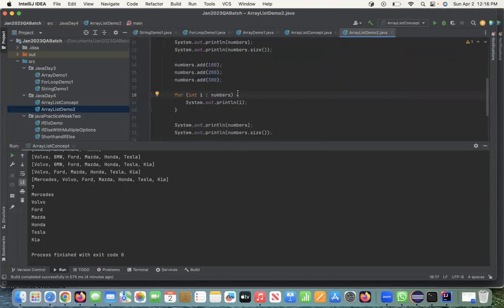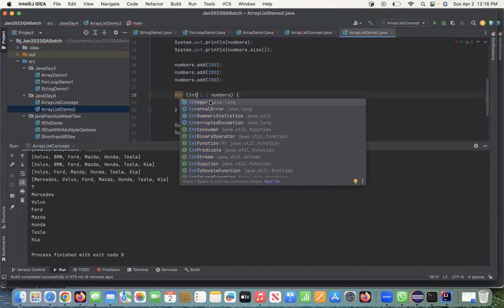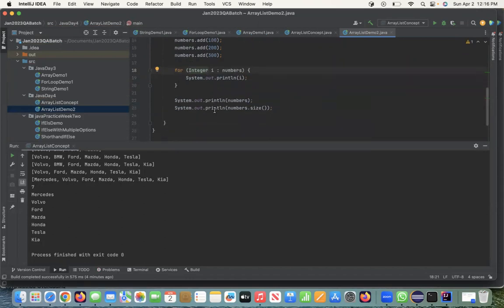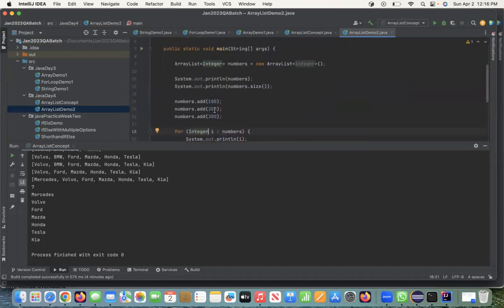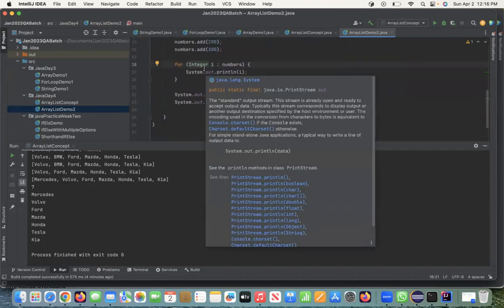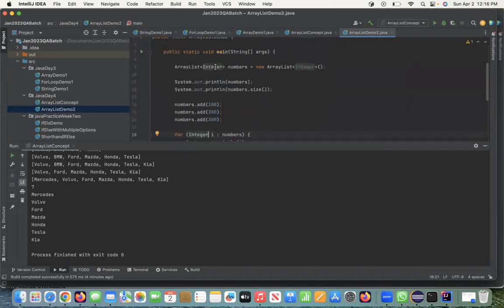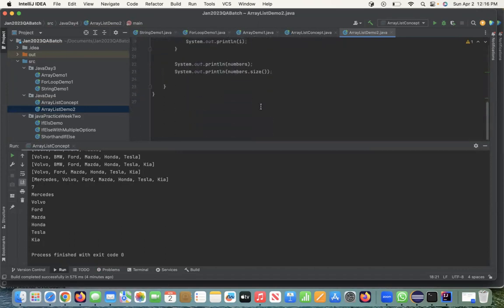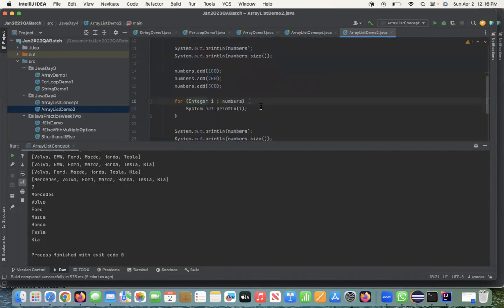You can write the shortcut. Even if you write the full form, it will be working because Integer is the same thing as int. You see that you can write Integer also. Both will be working. Everybody can see that int and Integer both work in the for loop. But for array list, you have to give the complete form. Now if I run this,